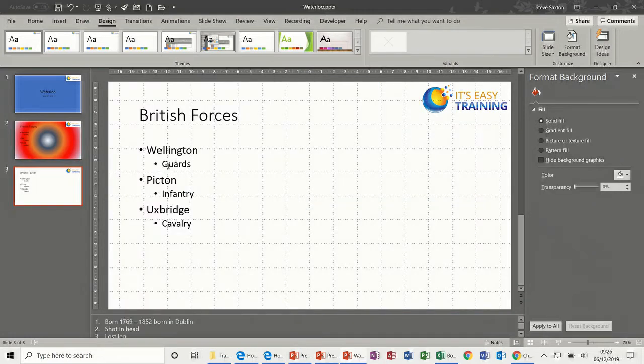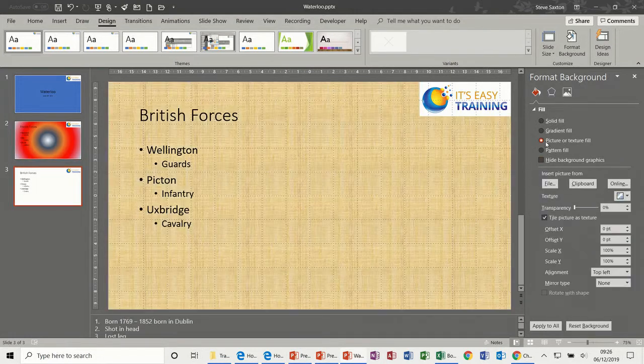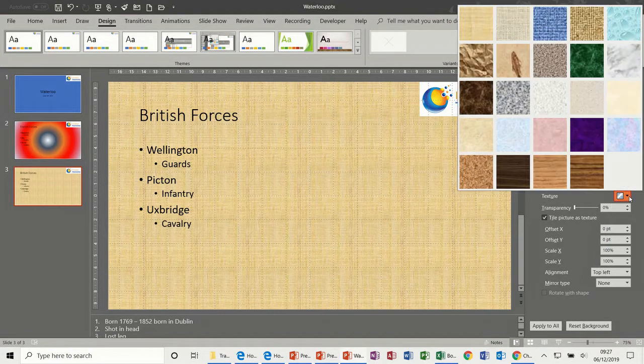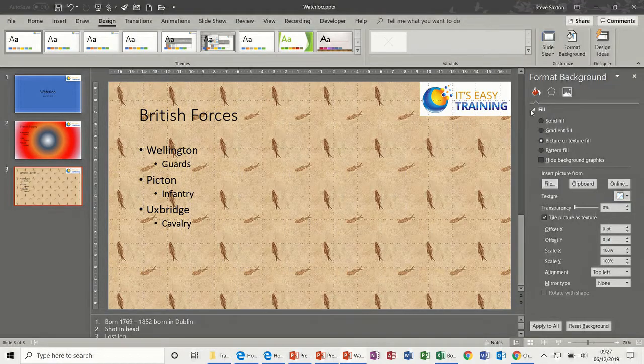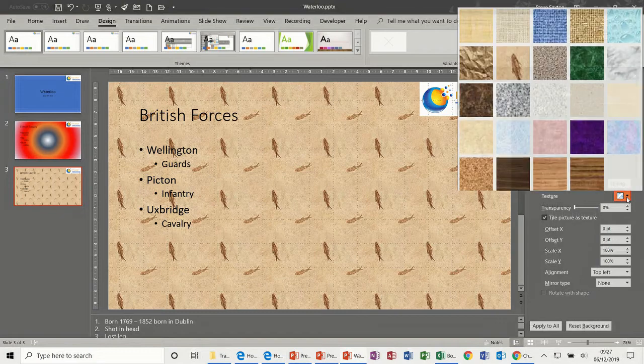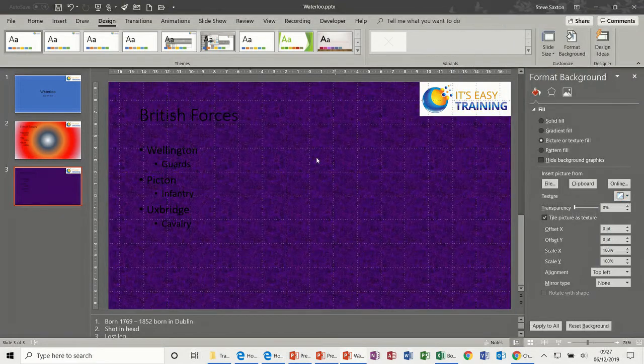Now on this one, I'm going to use a picture. This is not a picture on the actual slide, it's a picture in the background, so sometimes these can get stretched. What is shown first off is the textures that have been around for years and years and years. These are textures, and this is a fossil fish, but none of these are any of these. I'm not going to use any of these. I'm going to use a picture. So a picture from File,